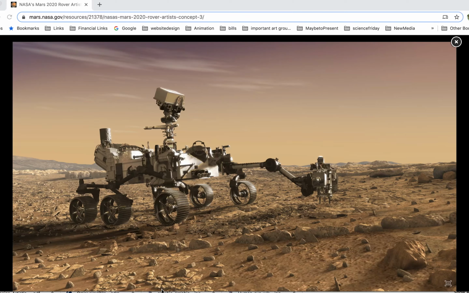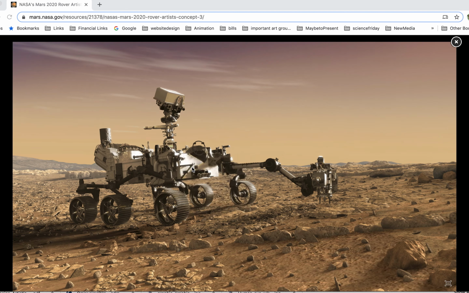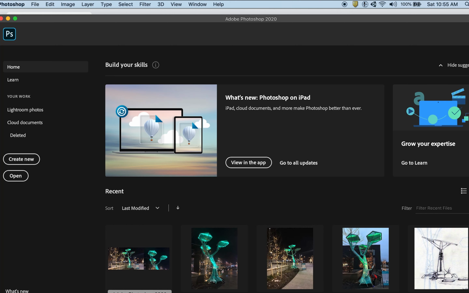So what if you don't have an SLR and you still want to create similar effects and techniques? With this picture here that I found on the internet, which you are allowed to use even in your own artwork because it's NASA and thus a government tax funded organization, you can just go to the site, find the image. This one's pretty big, and you can either save this image to your desktop, or you can also copy the image by right-clicking on this image here, copying it,